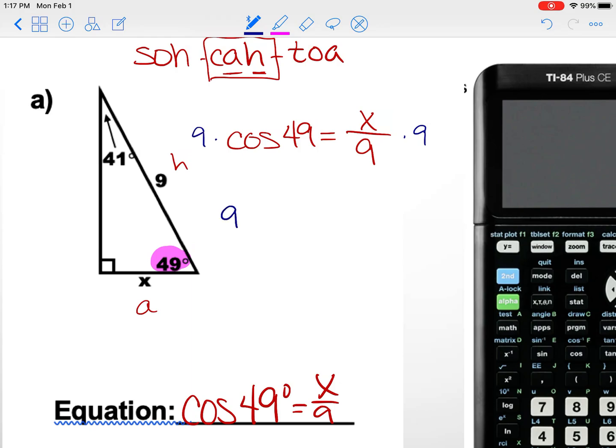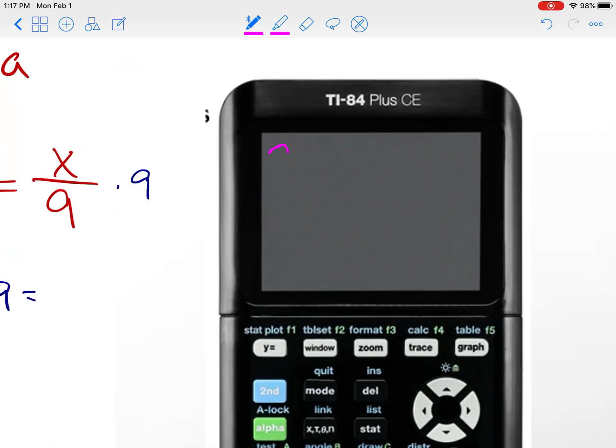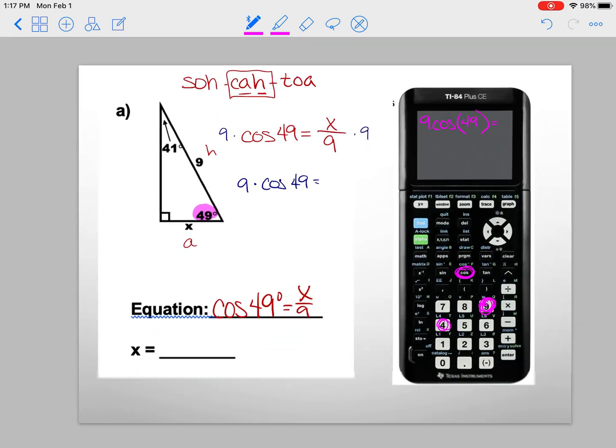Okay, so in the calculator, we're typing 9 times the cosine of 49. So I'm going to circle those buttons. Watch what I put. I would put 9. Let me change colors. It'd be easier to see. 9. And then you can put the times button, but you don't have to. Cosine, it's going to open up parentheses, 49, and you'll hit enter. So in the screen, it'll look something like this: 9 cosine, it'll open parentheses, 49. You can close it, you don't have to. Hit enter, and you should get